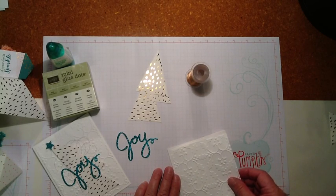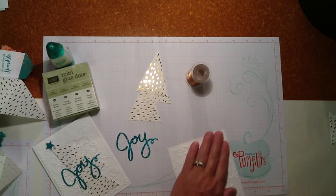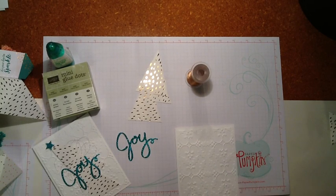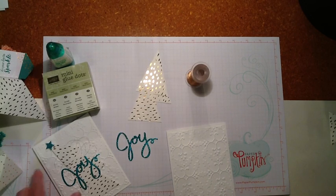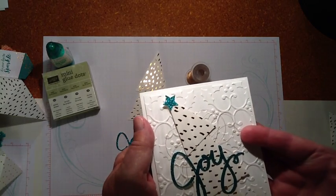This fast fuse works really good, so you have to be certain you have it where you want it when you glue it down. Alright, so I tried to leave about a 1/8 inch border all the way around of this tone-on-tone look. The next thing I want to do is arrange my copper thread